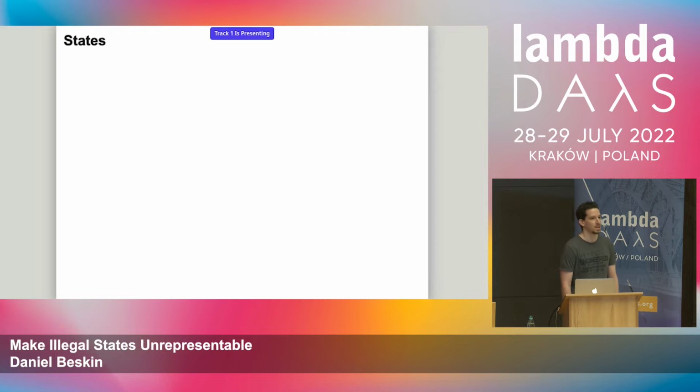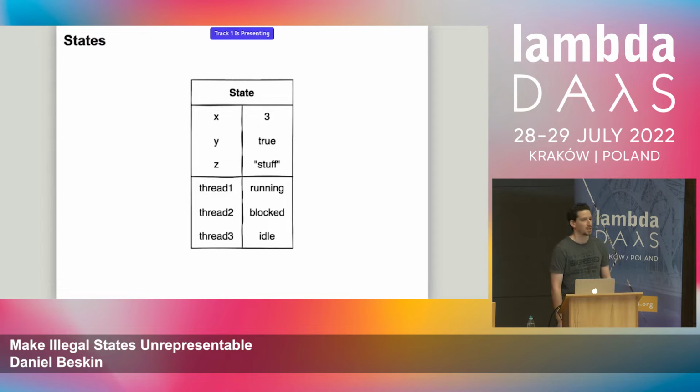We start with the state. What is the state of a program? Imagine your whole application running, and take a single snapshot in time with all your variables, threads, function calls, whatever. A single snapshot of your program. This is an example of such a state. You have some variable assignments, maybe registers, heap allocations, threads running, functions about to be called. This is a single state of the system.